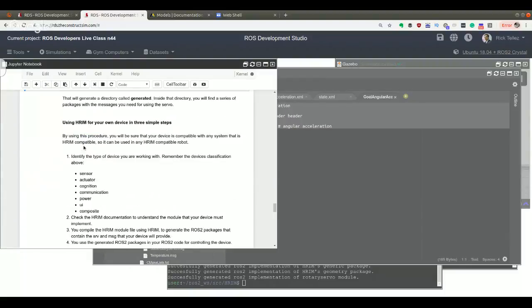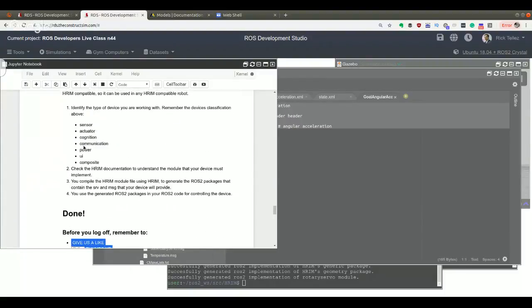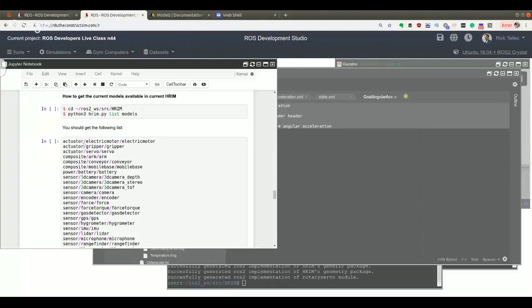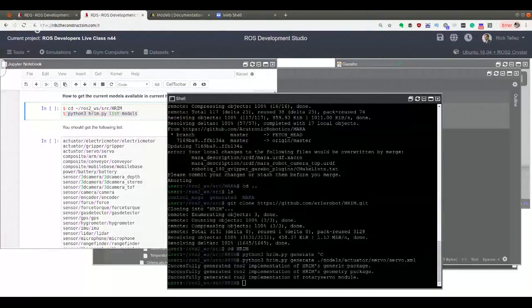Okay. So before we finish here, let me tell you that you can issue this command also, Python 3 HRIM list models, in order to get a list of all the current available models that exist in the HRIM implementation. So if we go here to the shell and issue the command Python 3 HRIM list models,